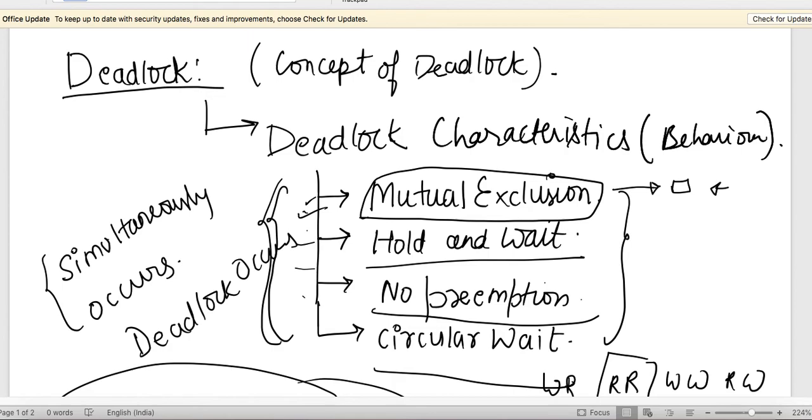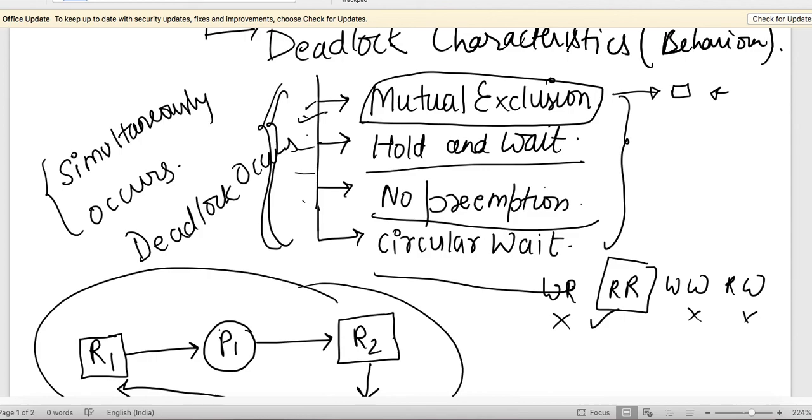This is the basics of deadlock. What are the four conditions? Basically, we will be asked all the four conditions. Got it? Okay. In the next part, we'll study deadlock prevention, deadlock detection, deadlock avoidance, and deadlock recovery. These are the things which we generally cover here. Okay, and the most important thing in deadlock is the banker's algorithm, which we'll study in the next video or next class.